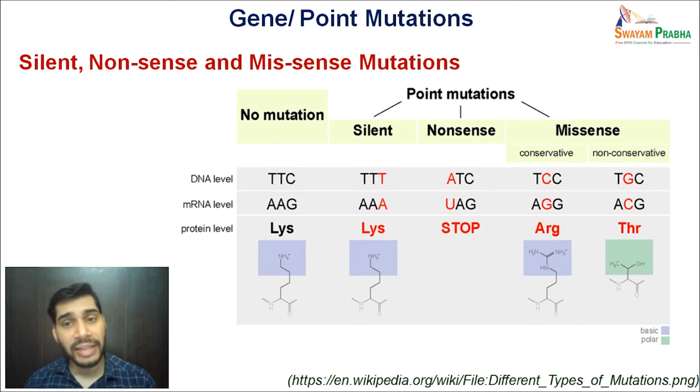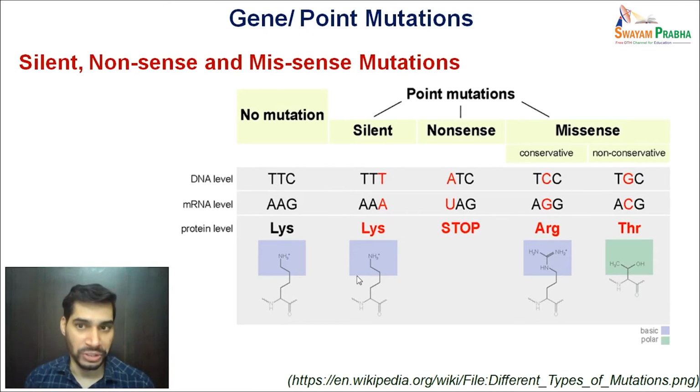There can be another type of mutations which we call nonsense mutations. Here in this TTC there is a mutation which converts this first T to A, because of which a UAG codon is formed, which is nothing but a stop codon. That means it terminates the synthesis of the protein. So no amino acid is formed from here, and that is why it is called a nonsense kind of